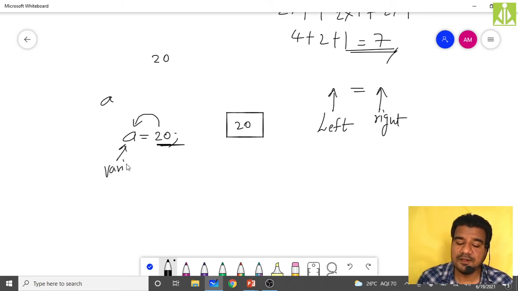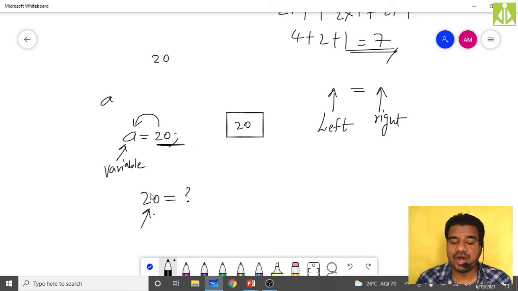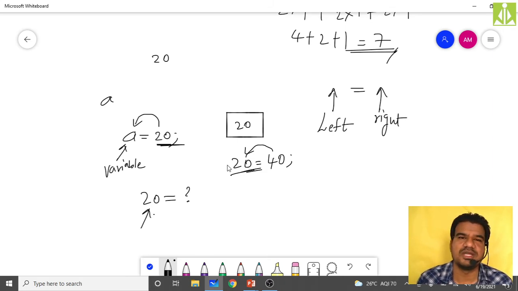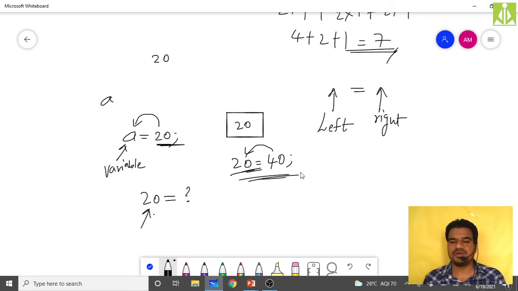Here A is a variable, but you can't put 20 equals to something. Taking 20 on the left hand side of the assignment operator is an error. So can we do 20 equals to 40? Is it possible? Can we put this 40 value into this 20? 20 is a constant. It is a constant literal. It is not going to have any memory to hold the value 40. By the way, in mathematics also, doing so is an error. 20 equals to 40 is a false statement. It is not a proper statement. Hope you understood.